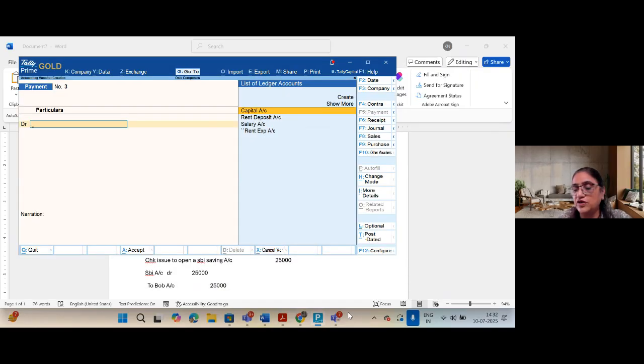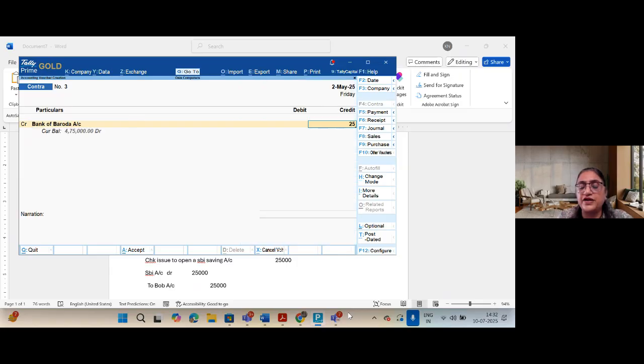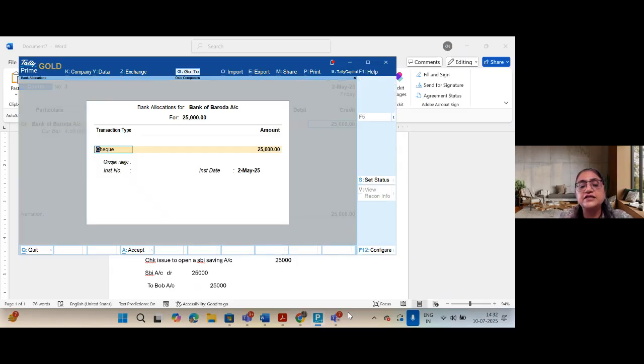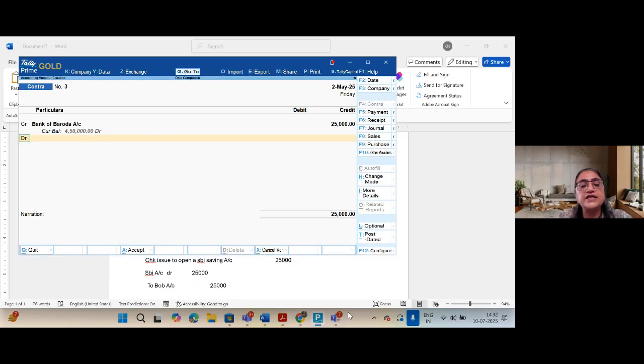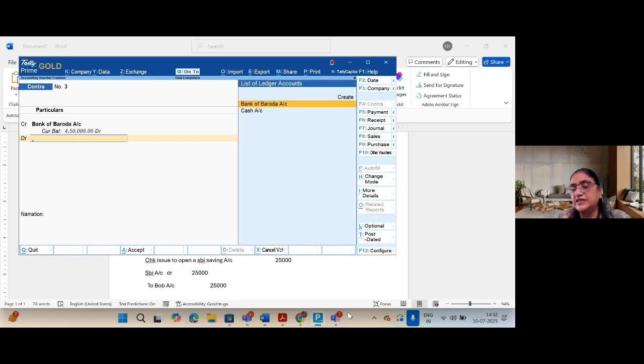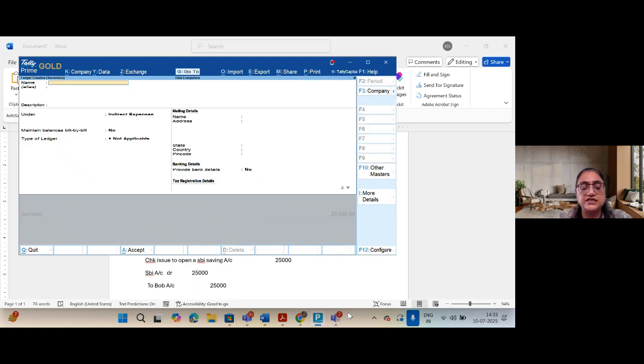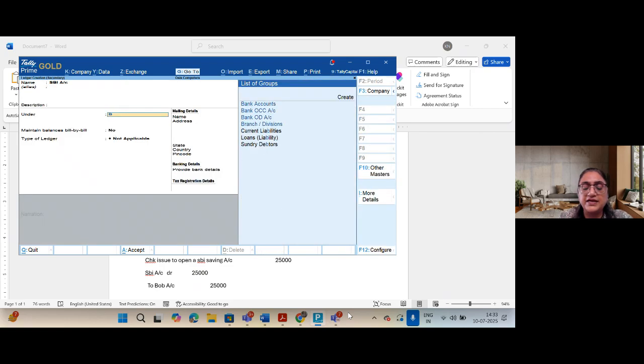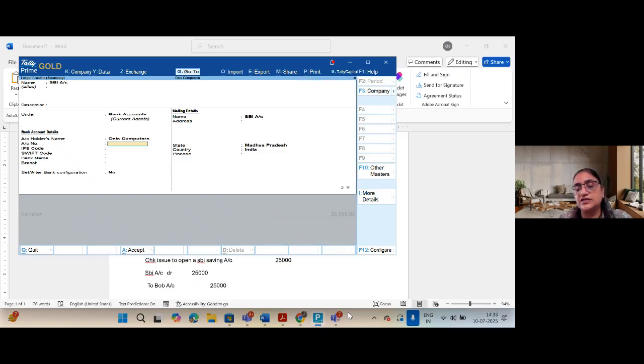So how can I enter the entry? Just press enter to the vouchers. Press F4 for the contra. Then there is Bank of Baroda account. I issued the check of Bank of Baroda 25,000. The check number is 002. And I want to debit the SBI. So Alt C, SBI account, bank account, because this is again a current asset. Account number